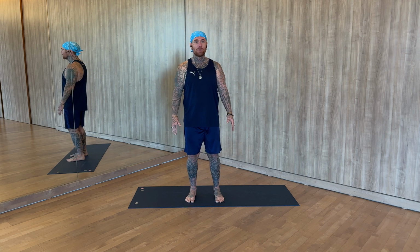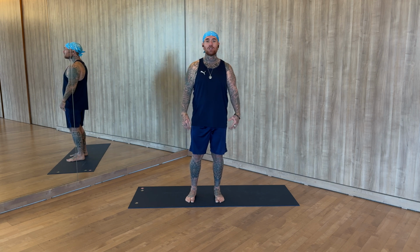Then it's also important to find something called a plumb line. A plumb line is basically that middle ground, or that midway point between all the different planes of motion, not emotion, like the transverse plane and so on. To do that, we start by shifting your weight from side to side, and just notice